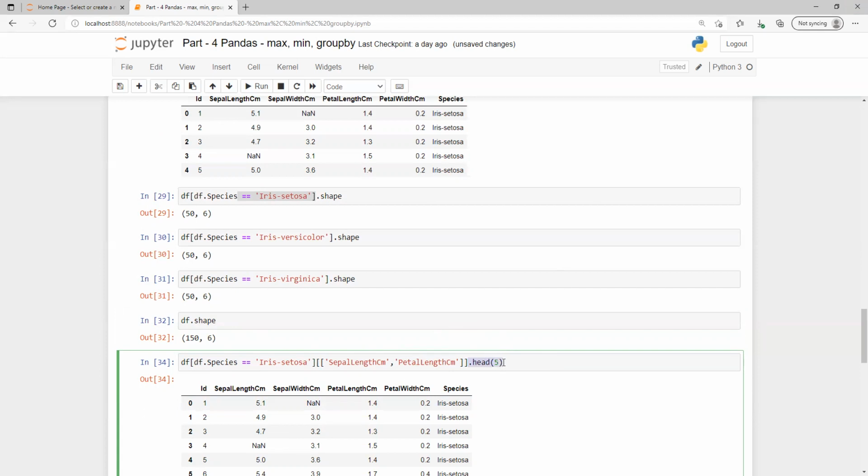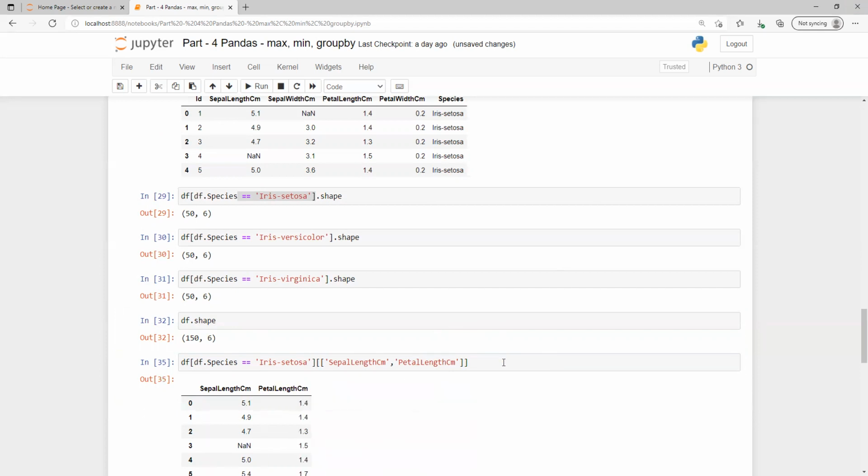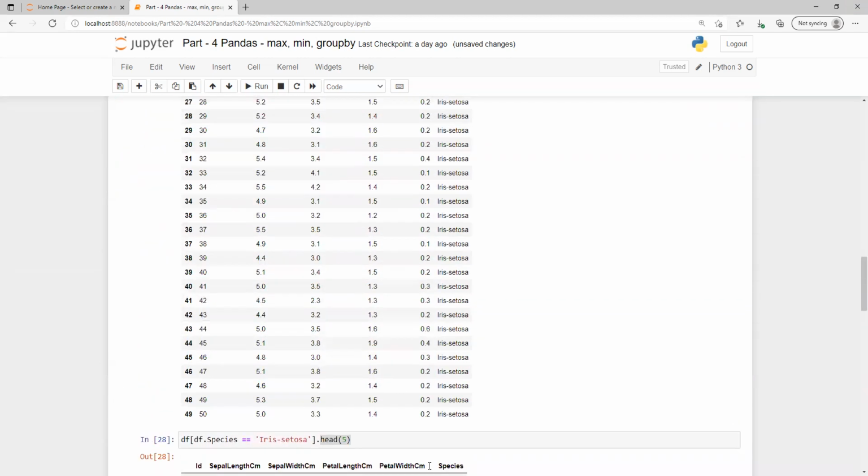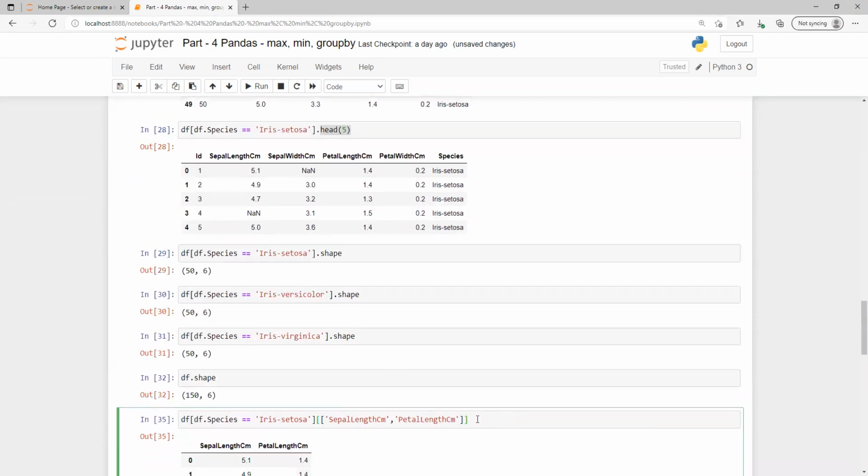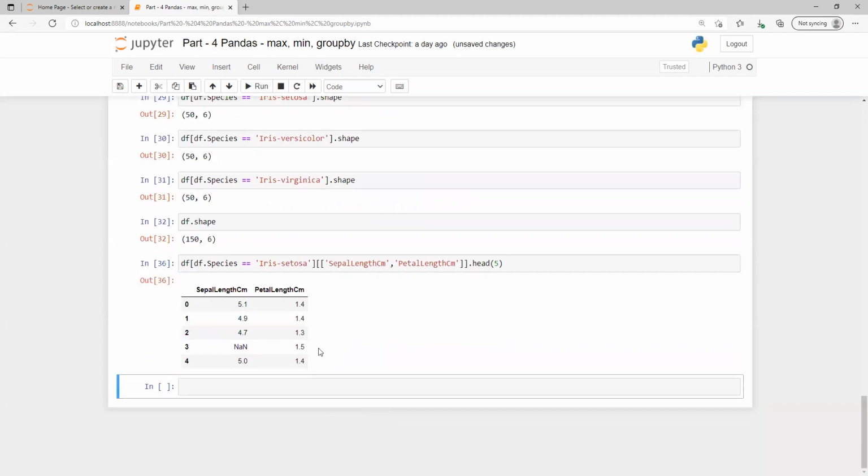What we can do is, as you know, if we need to select more than one column, we pass double brackets and then pass the column names comma separated. Now we got only two columns. If I wanted to see only the head of five, we can do it this way, and it's going to display only the first five rows.